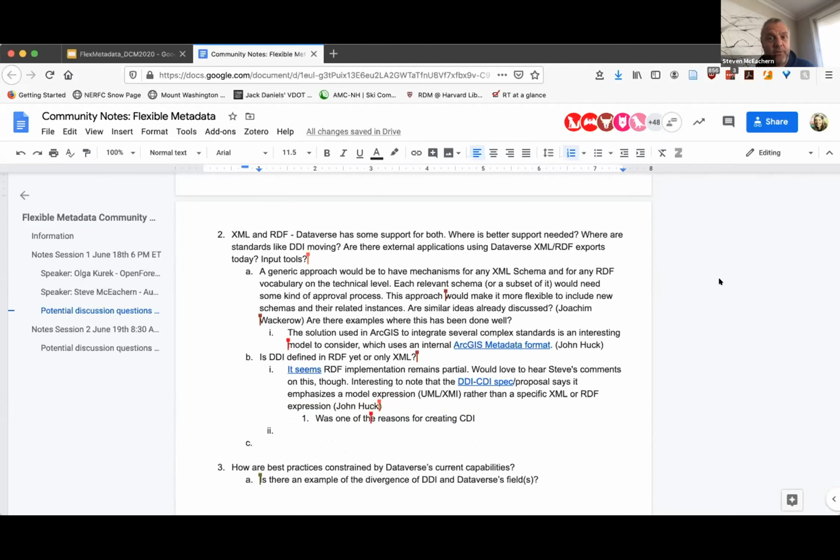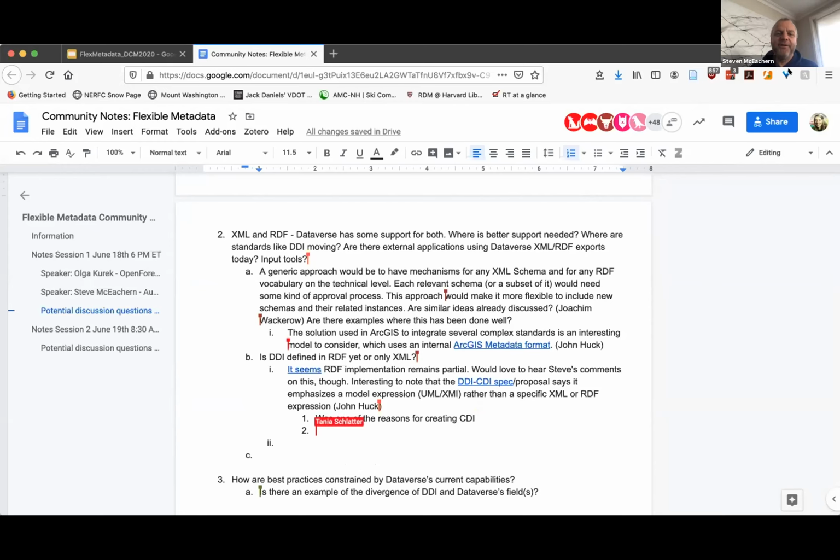W3C folks come in and out of the working groups at different times, but what we actually need is someone who could commit an extended period of time, or more likely a group, to that translation. That was part of the reason for establishing the model-based DDI. One of the incentives was that you should be able to express DDI in your preferred flavor, and JSON would be a third one, to be frank. That was always an intent. It's just that capability is what we don't have.